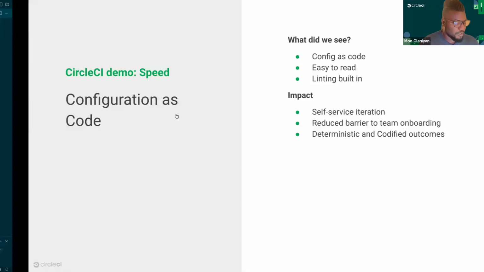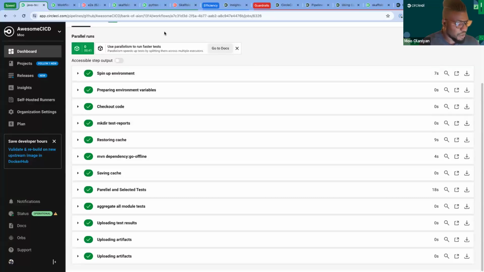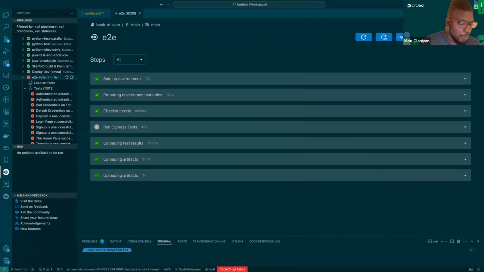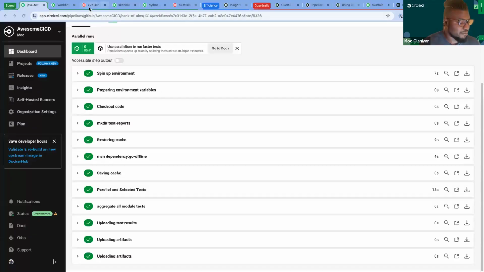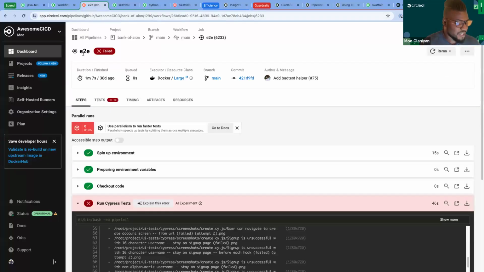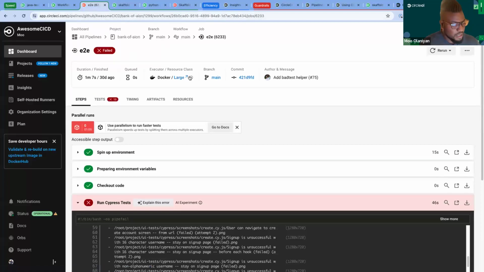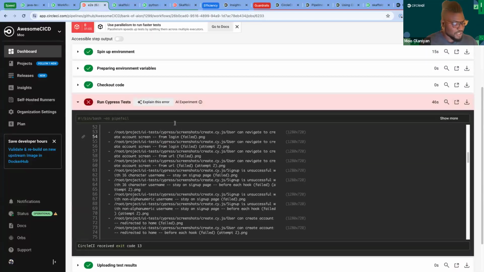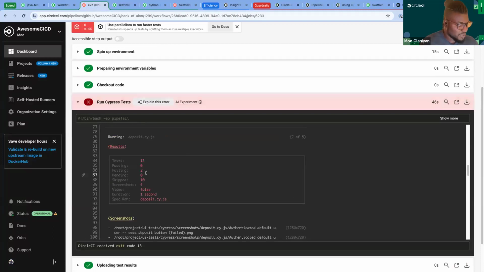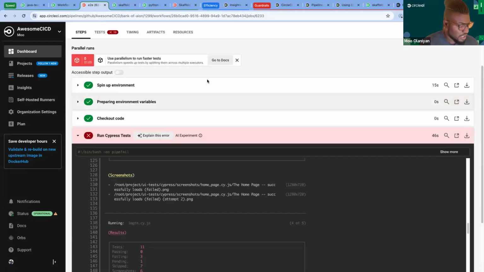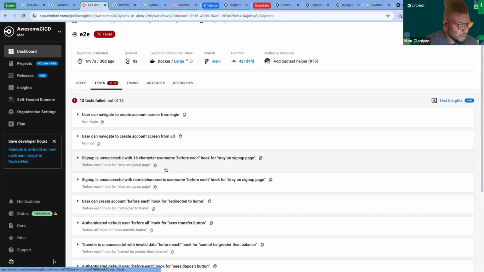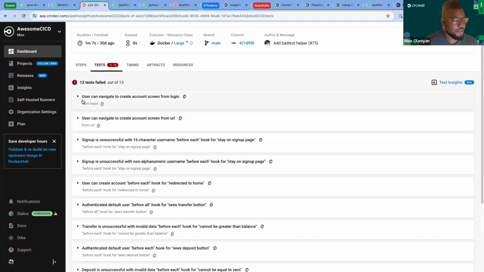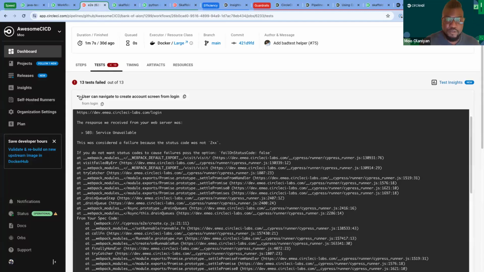So we're going to hop back to the dashboard and do a little bit of a comparison here. If you notice, there's an open in browser button that you can click as well. That'll just take you exactly to that same test in the browser. But I have it over here. This is that same end-to-end test, right, that failed. You can see that in the UI, it looks pretty much exactly the same, okay? Those Cypress tests failed. You can even hop into the testing tab here, and it'll give you all of the tests that failed and what the output was. So you can do some debugging that way as well.